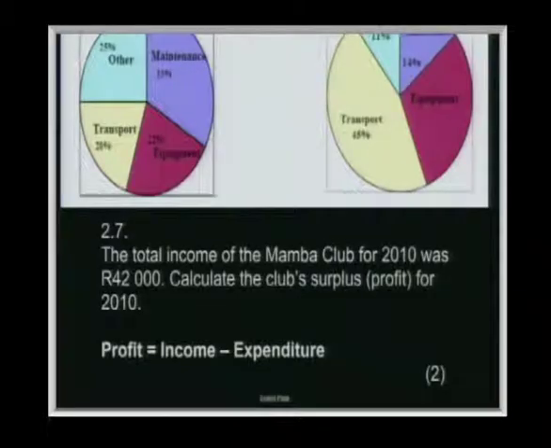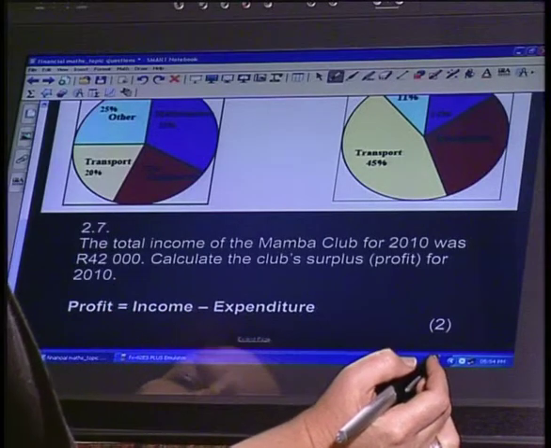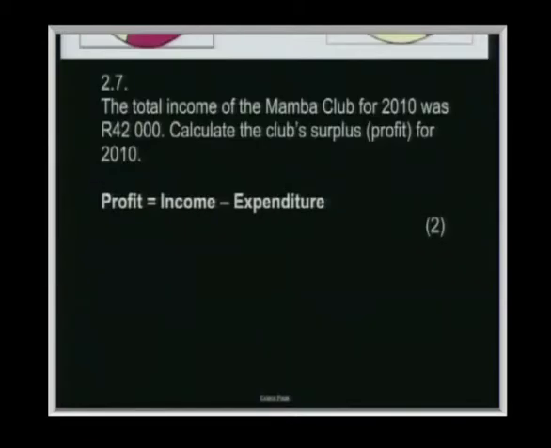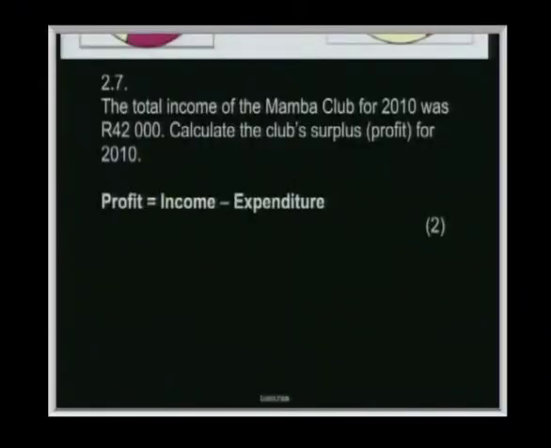Question 2.7. The total income for the Mamba Club for 2010 was 42,000 Rand. Calculate the club's surplus or profits for 2010. Okay, so let's think about this. In order to work out our profits, they've given us the formula. It's income take away expenditure. So if they've told us our income, which is from our membership fees, is 42,000,